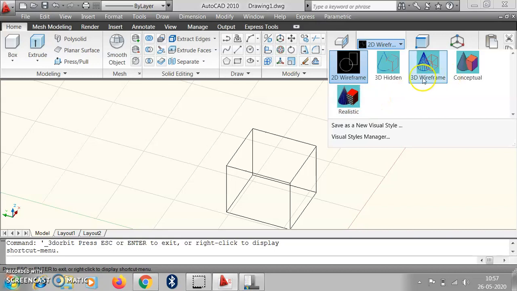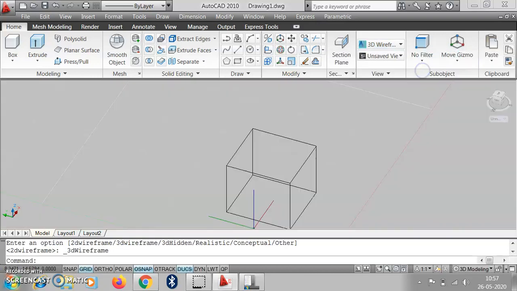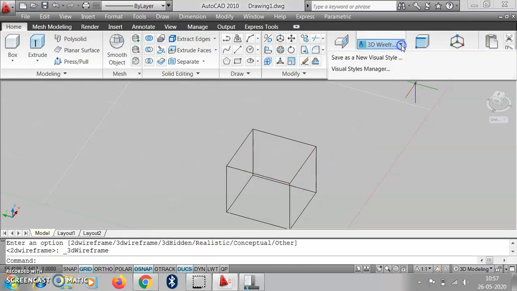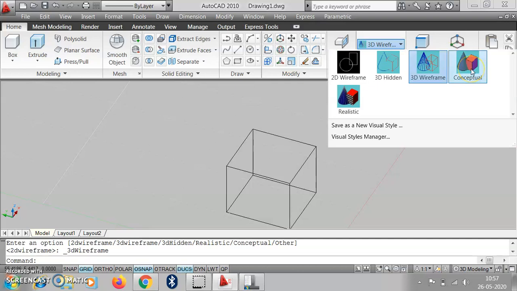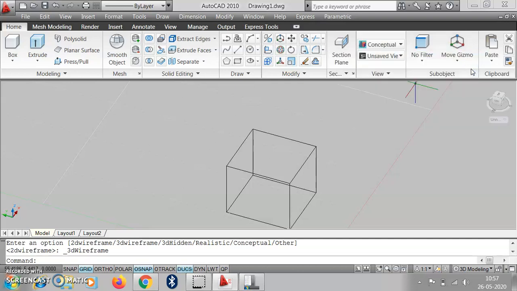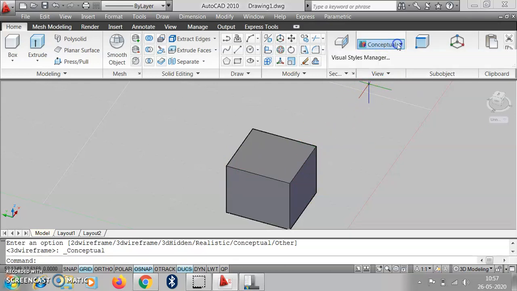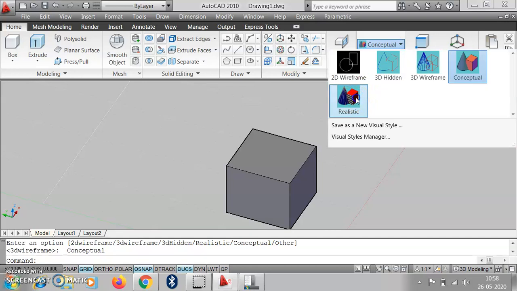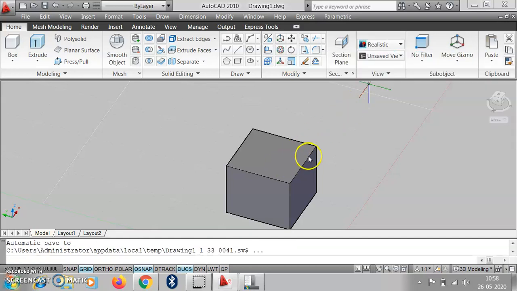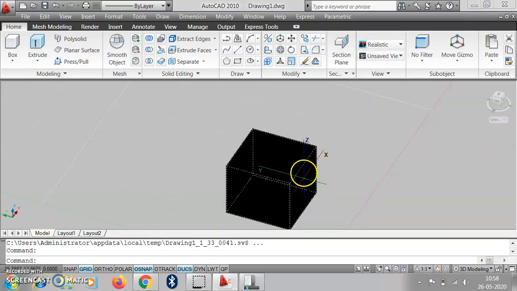If we select 3D wireframe, we get the 3D wireframe, only the edges will display here. Suppose we take the conceptual, then all the edges and solid views will appear here. And if realistic view, in that case we get the realistic view of the object.